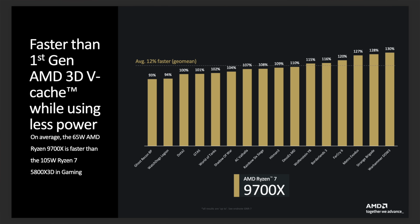Alright, gaming. I try to pick a variety of titles that span FPS, RTS, turn-based, some AAA, some old, some new, just run the gamut, just to get a little bit of everything. Of course, for the marketing material, you'll often see cherry-picked numbers, but hopefully these are a little bit more real